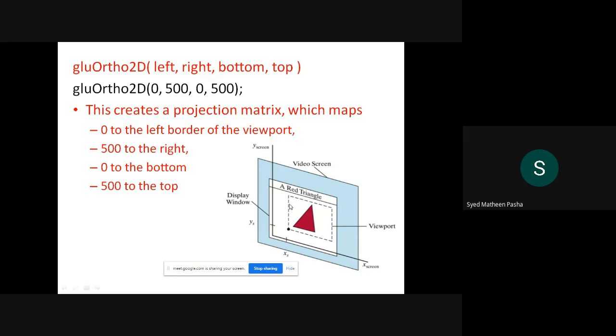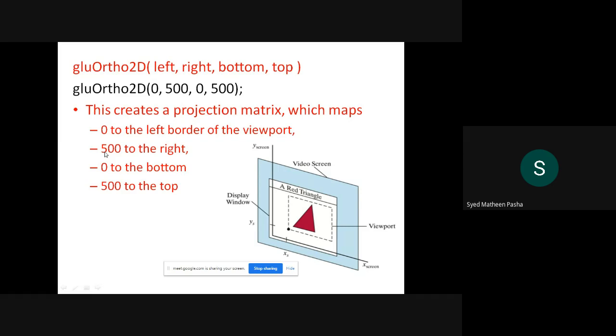That is nothing but if I take this as your left part, this as your right part, this is the upper part, and this is the down part. Here the left part of that particular viewport is being created. That is nothing but inside the window. This is the left part. It is being created here. That is nothing but you are giving 0. So the left border of the viewport remains 0 there.